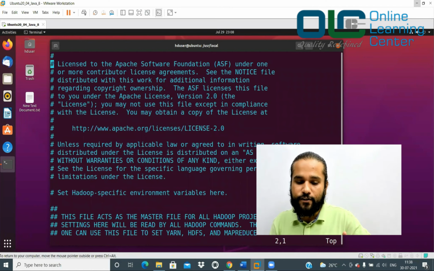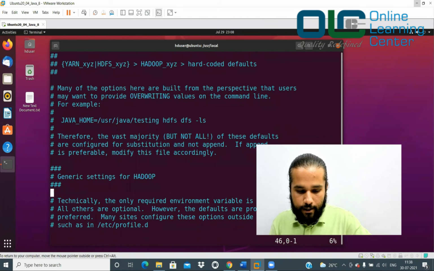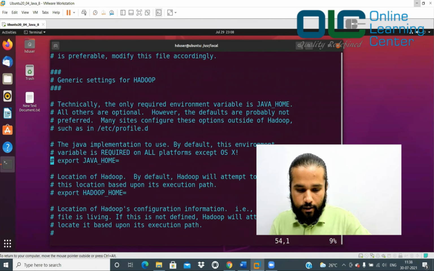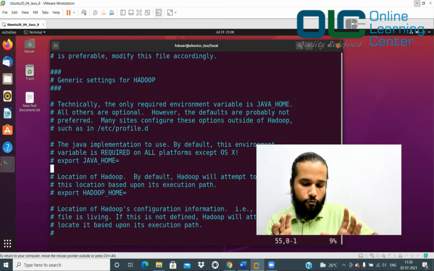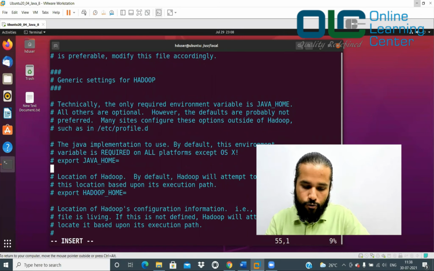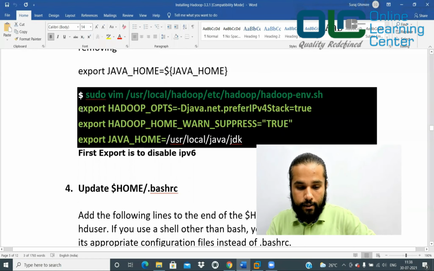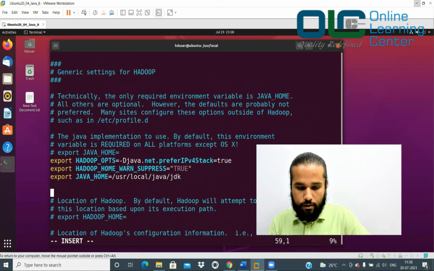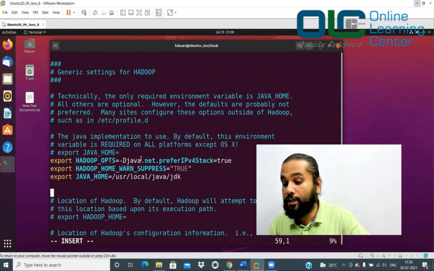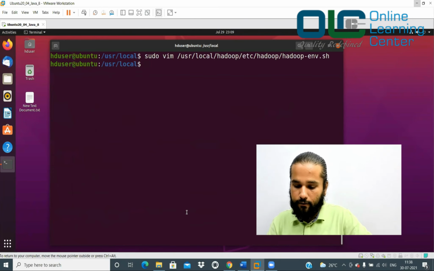So once you open this file, just go a little down and you will see somewhere some Java entries here. For example, see here, export JAVA_HOME, right? You can just put it below that. That's absolutely okay. Or you can go to the bottom and put it there, that is also fine. I would like to put them here. So say i to get into insert mode. That means now I can write anything. Let me go back here and copy these 3 lines. So say paste. All right. So now the first line is basically to disable your IPv6 and to continue with your IPv4. Now escape :wq saved. This is done.